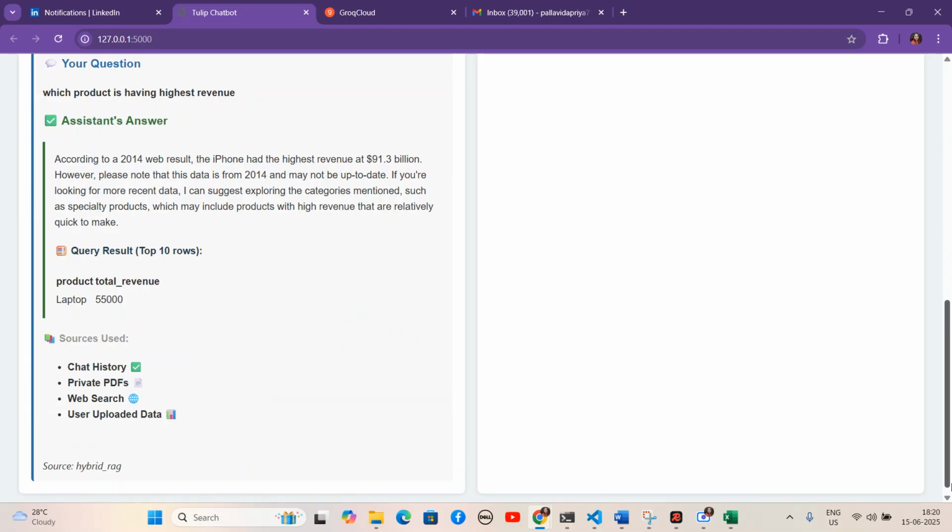It will first search in the web. If there is CSV data, then it will show the CSV data for specificity. So the first half is from the web, for example, what iPhone has the highest revenue. Okay, so that is from the web, and then it is the data that we uploaded. It is basically, if I go to this route,